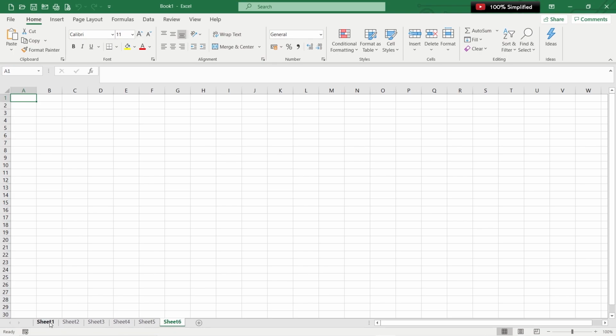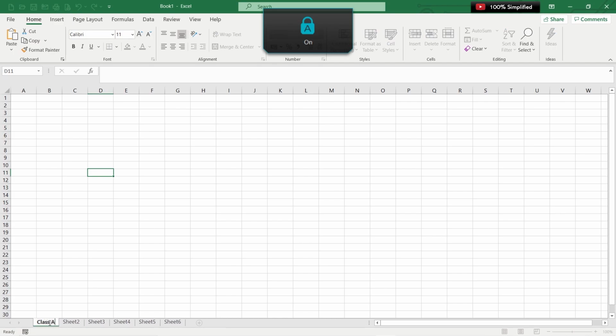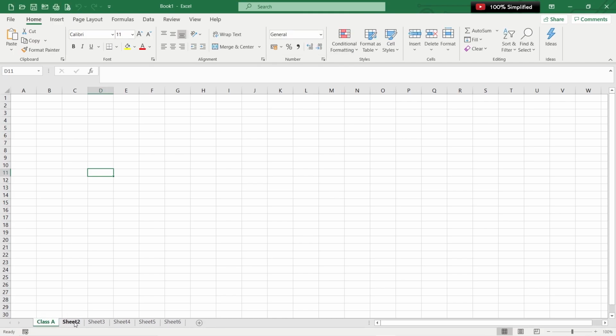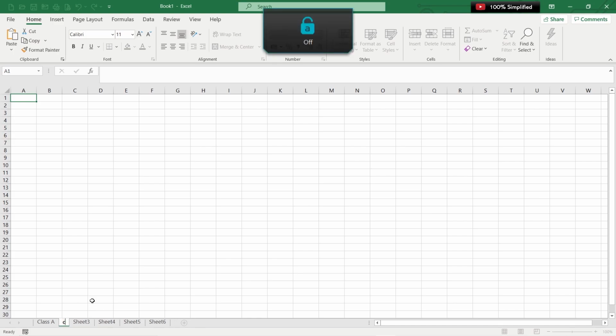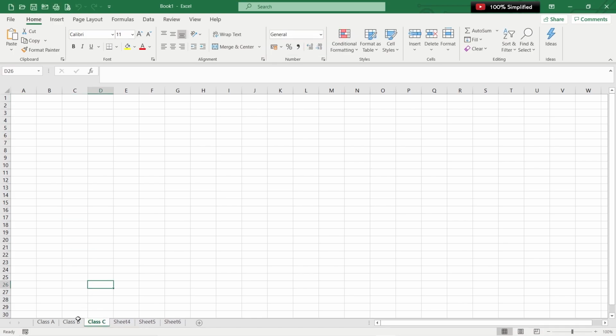You can actually rename the sheets. Let's say the sheet 1, you want to rename it as class A. Here you go. Just go to that sheet name, put your mouse pointer here, double click here, and it gives you an option of renaming the sheet. So let me rename this sheet as class B. I will double click on sheet 3 and rename it as class C. So as you can see, it's very easy to rename each of the sheets which you have created.